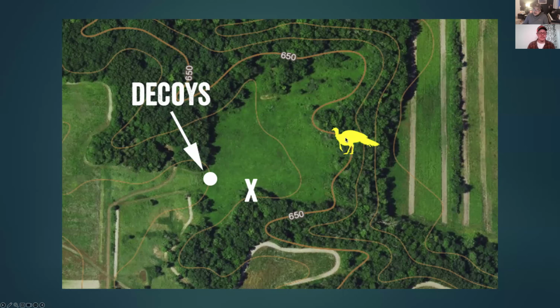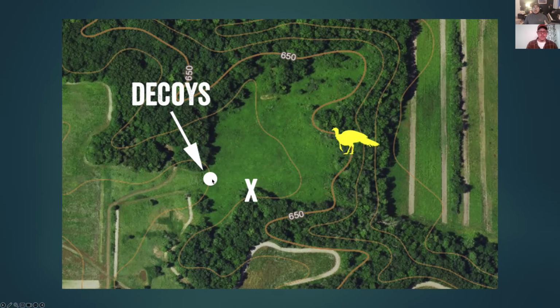I kind of already walked through this, so I'll move through this pretty quick. But this is how I set up in that area first of all. And what I really want to illustrate with this specific picture and map here is look at my decoy placement. It's not between me and the birds; it's beyond me. If I put those decoys right out here between me and that bird, well, now that doesn't cause the bird to come across me or come by me in any way, shape, or form. That gives that Tom a perfect ability to hang up outside of my effective range.